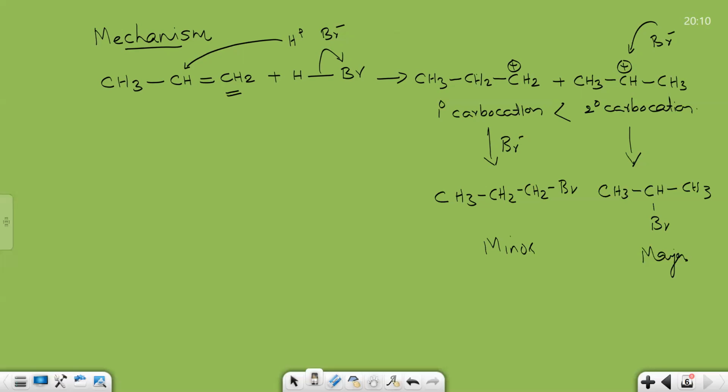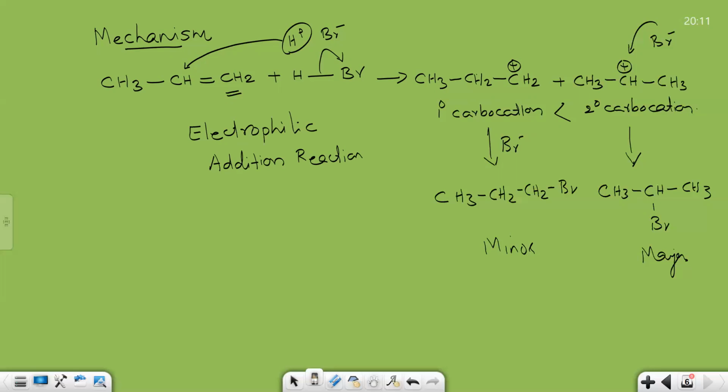And here this reaction is started with the addition of H plus ion. Hence it is an electrophilic reaction, and at the same time it is an addition reaction. Hydrogen goes to one carbon and bromine comes to another one, and the double bond becomes a single bond. So it is an addition reaction. So this reaction is an example for electrophilic addition reaction.